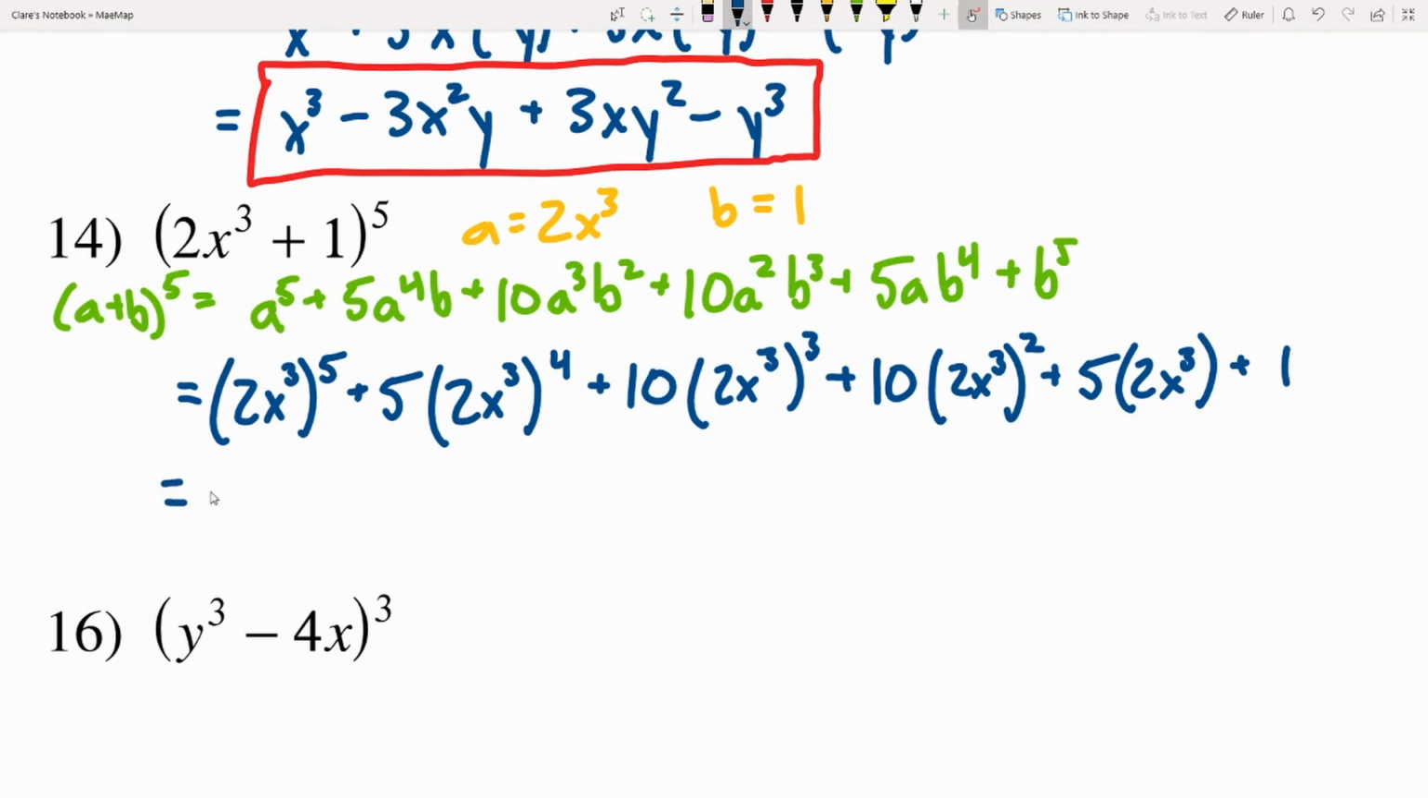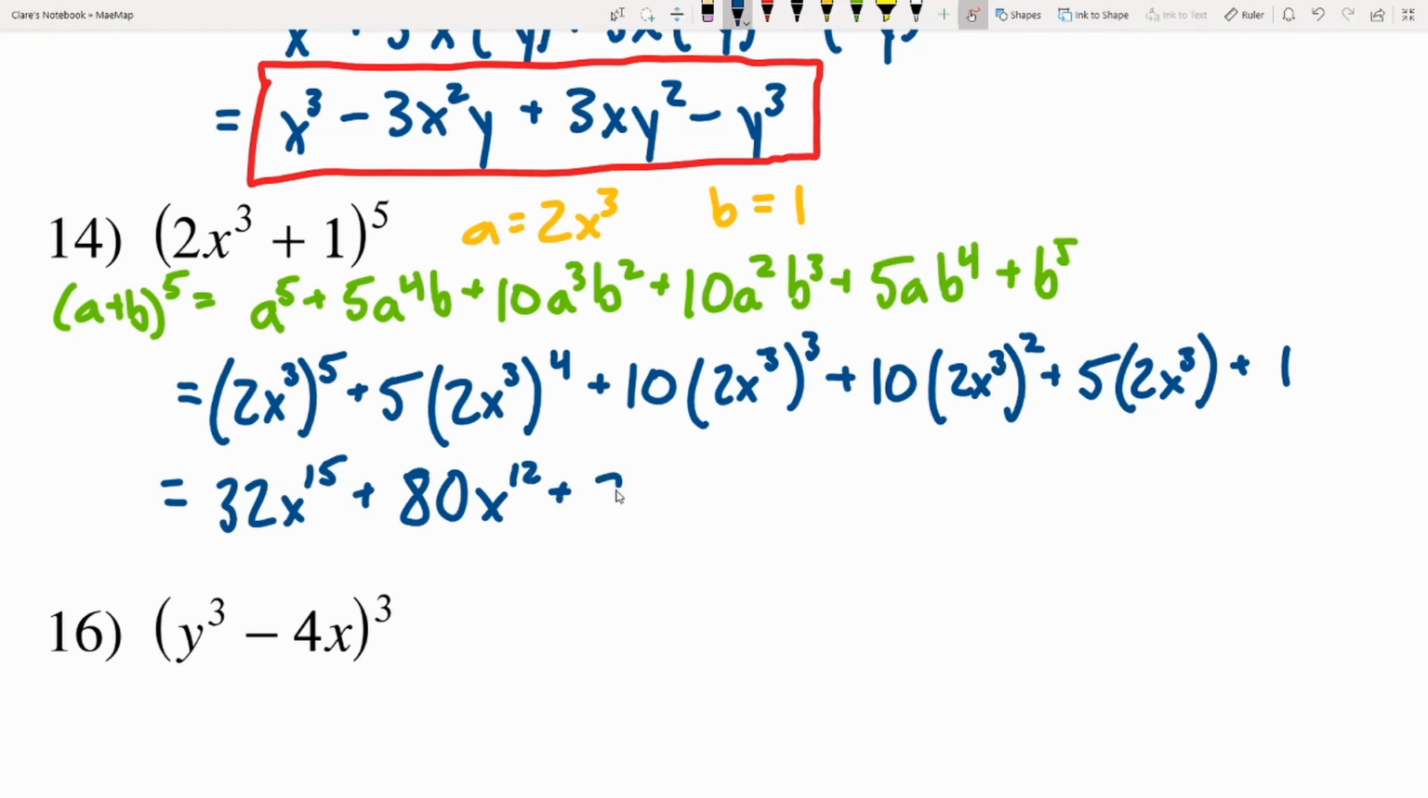So simplifying this down, 2 to the 5th is going to be 32. So this will be 32 times x to the 3 times 5, which is x to the 15th, plus 2x cubed to the 4th. 2 to the 4th is 16. 16 times 5 is going to be 80. So this will be 80 times x to the 3 times 4, which is x to the 12th, plus